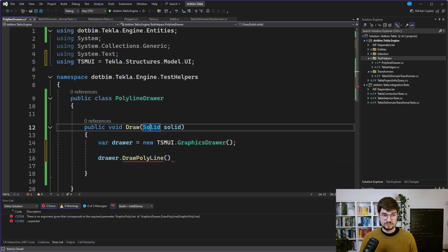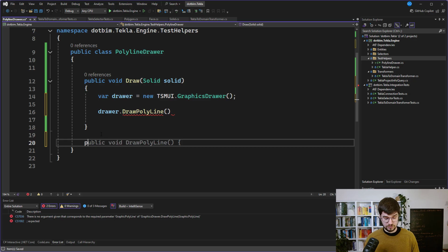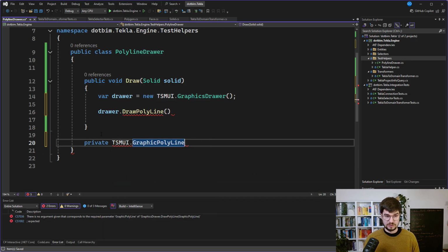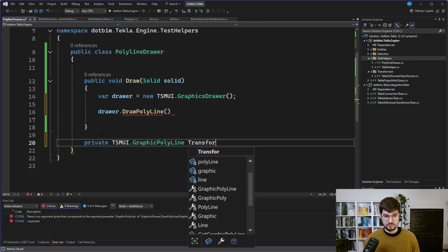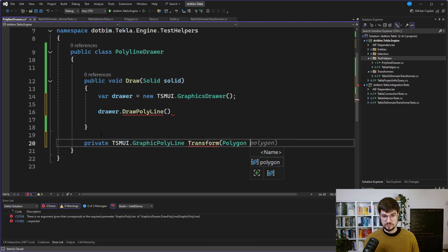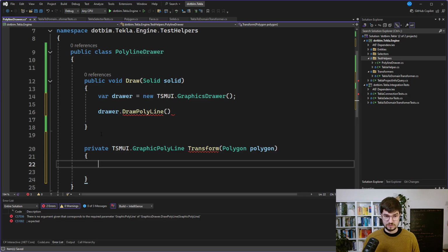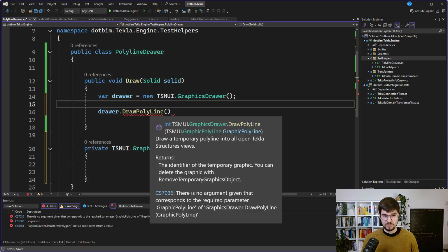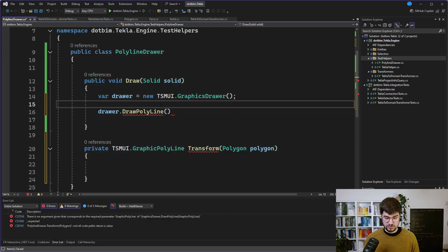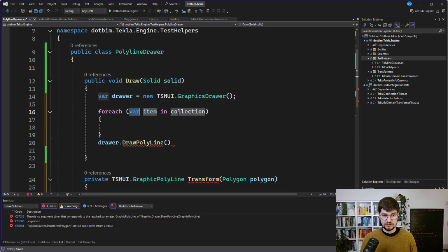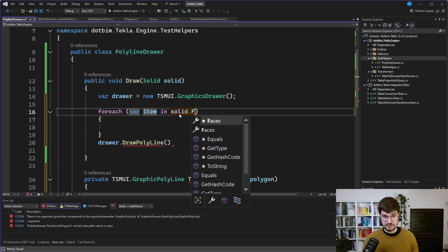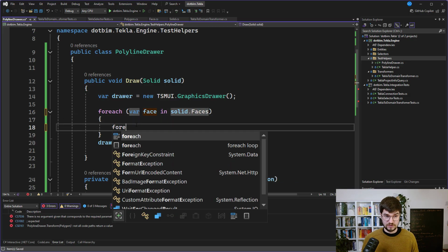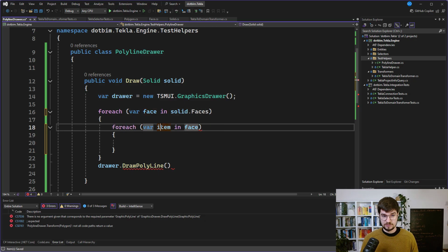So I need some small method which will return graphics polyline, and it will get the polygon from our definition. So here the drawer will draw those polylines, and of course which ones. We will be iterating through all of those faces, and here we have the face, and for those faces we will need to get